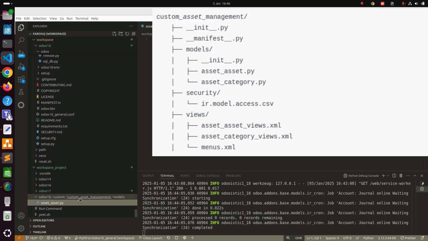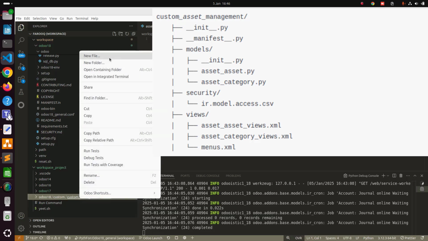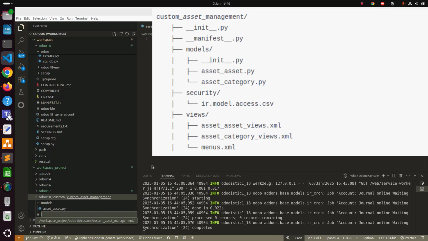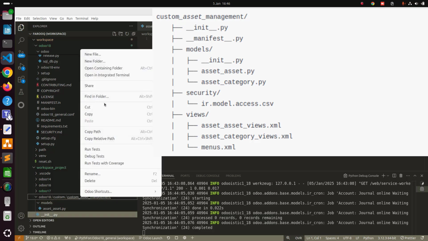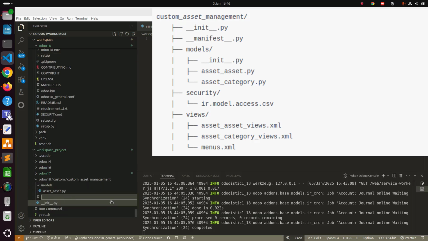Then in custom asset, in this module, we will create a new file which will be underscore underscore init underscore underscore .py, and then we will create a new file in this module which will be underscore underscore manifest underscore underscore .py. So these two files are in the directory, init.py and manifest.py, and then we have created a models folder, and in that models folder there is our